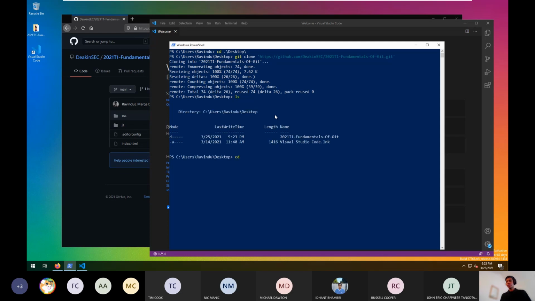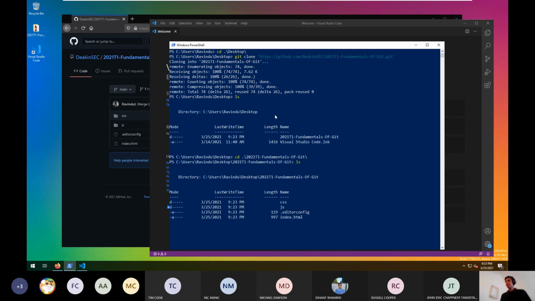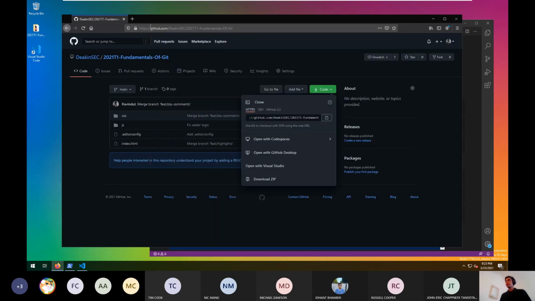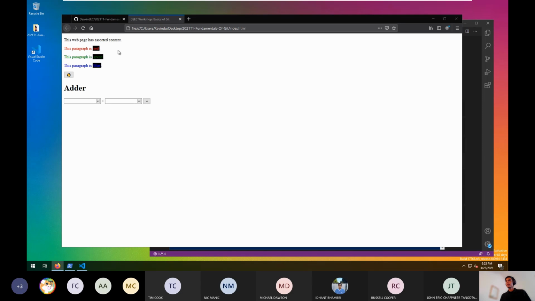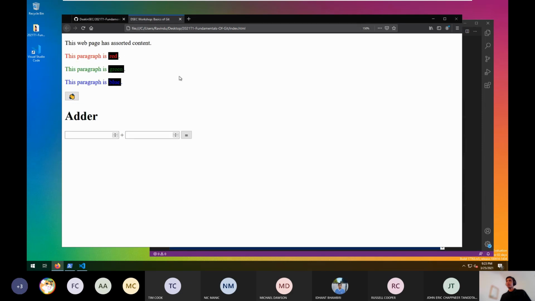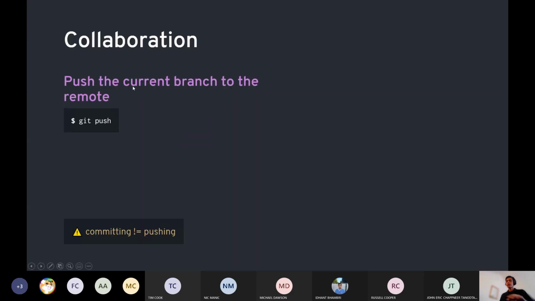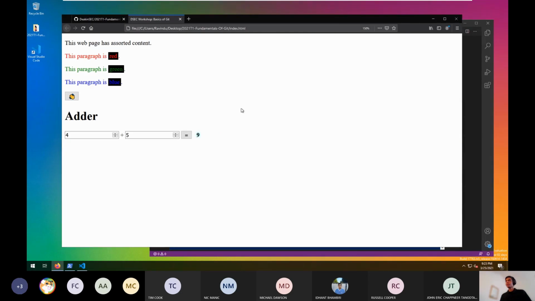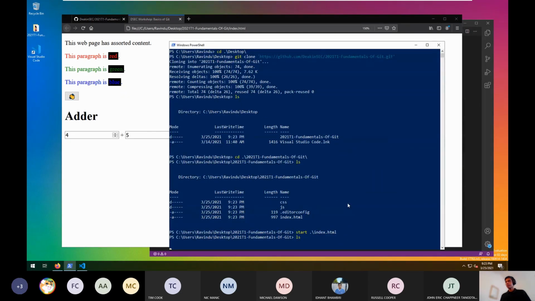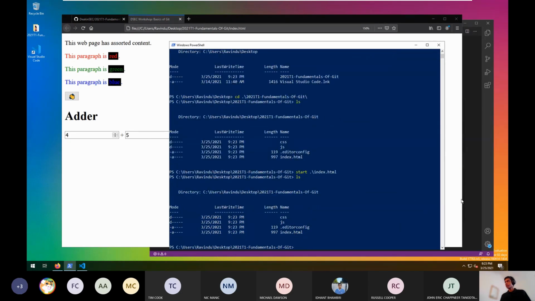At this point, I can cd into that folder and start index.html, for example, and this will open index.html on the contributor's computer. So this is a different computer, and all of our changes are there. This is all good. So once you've cloned the repo, you can go ahead and make your own commits. In this case, let's say the contributor changes index.html.